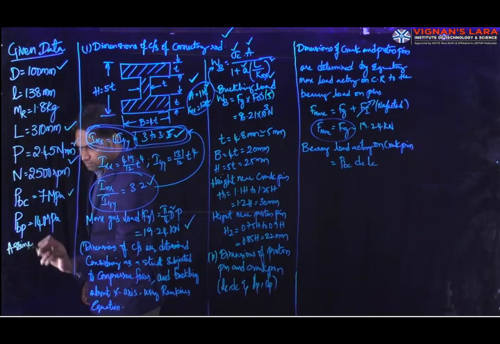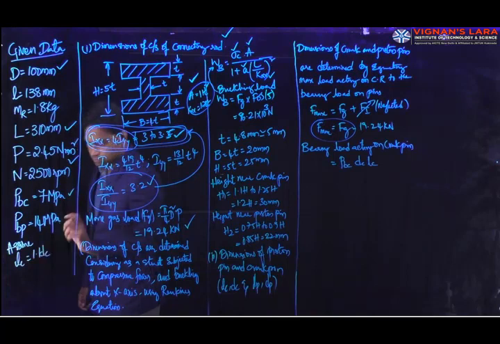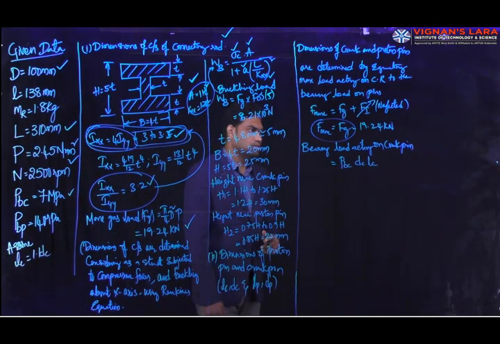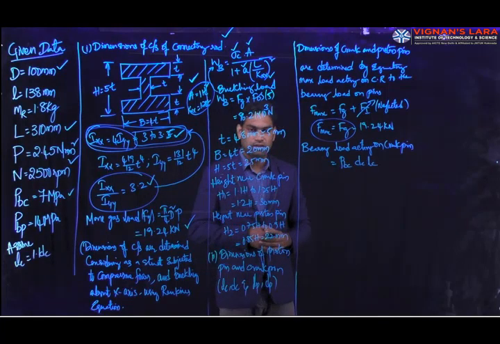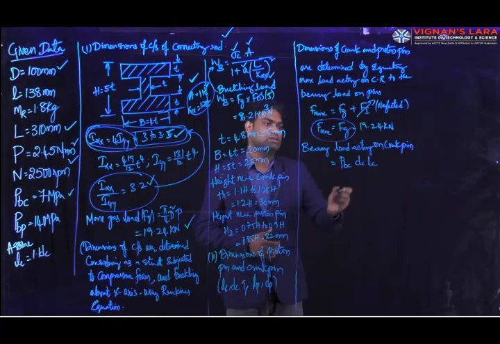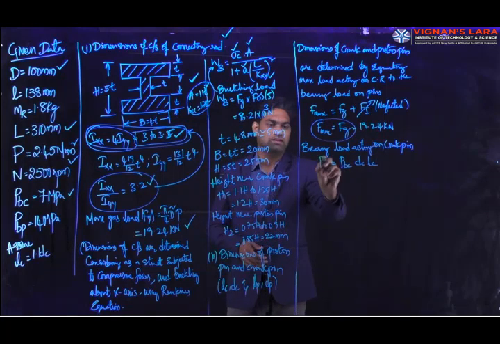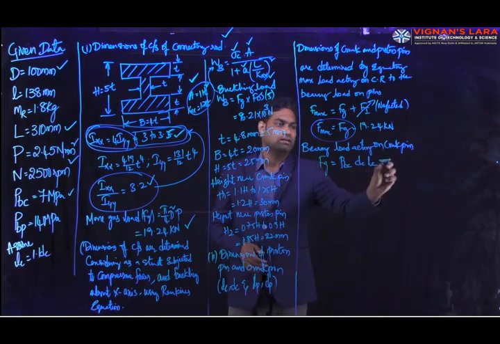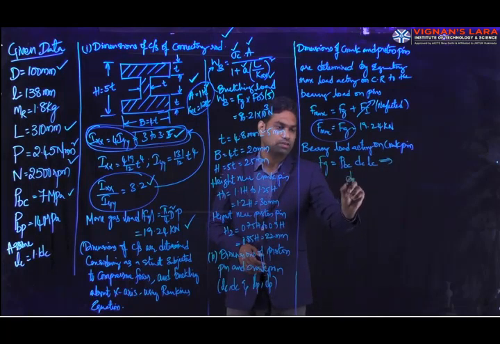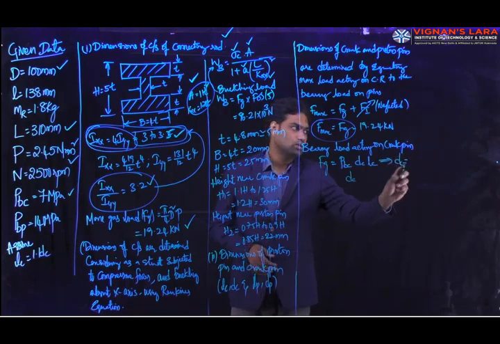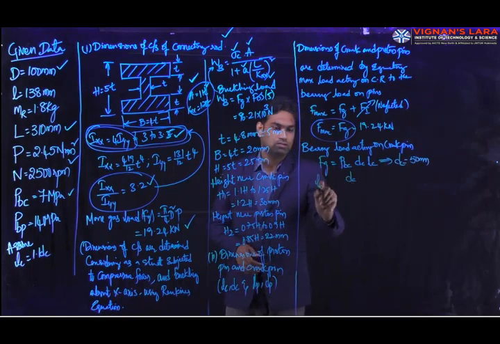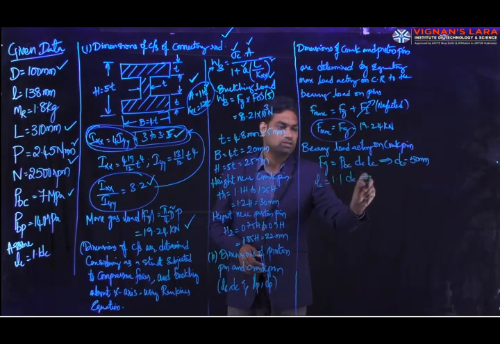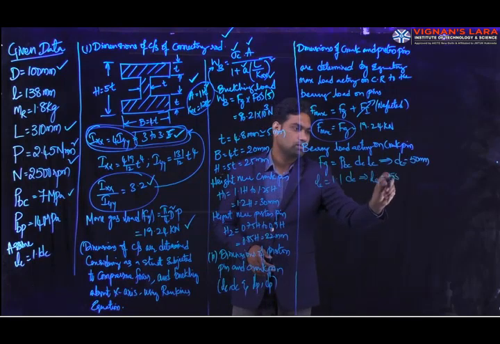So I need to take an assumption: assume the length of the crank pin is 1.1 times DC. We can substitute LC in terms of DC, 1.1 times DC, in this equation by equating the maximum gas load Fg to the bearing load. From that we can calculate the length and diameter. Initially you may get DC equal to 50 mm, and LC equal to 1.1 times DC, so LC is given by 55 mm.